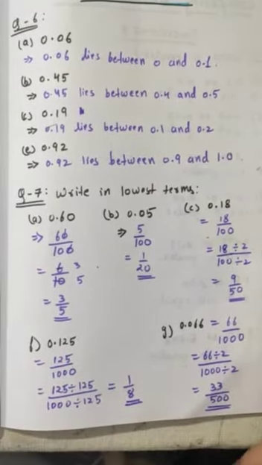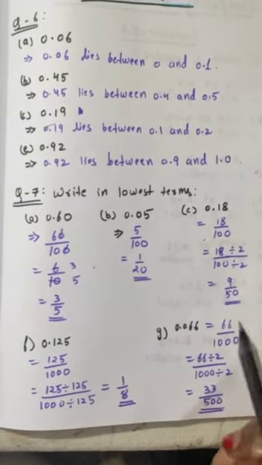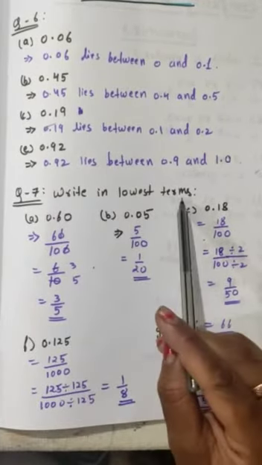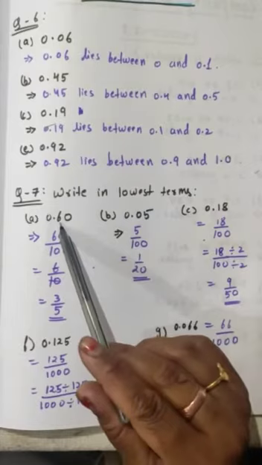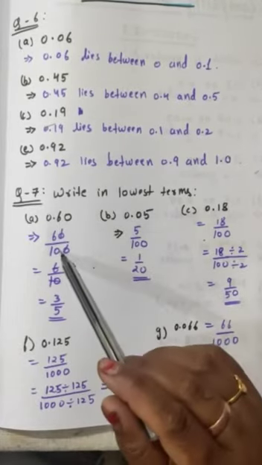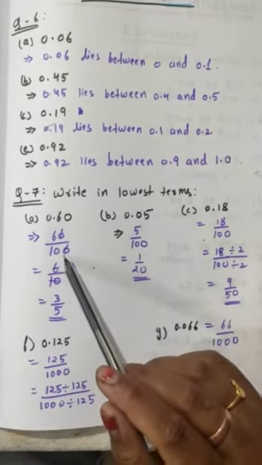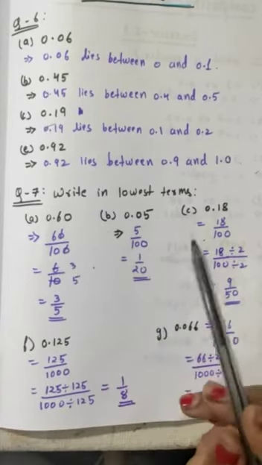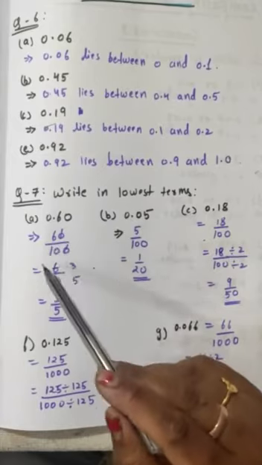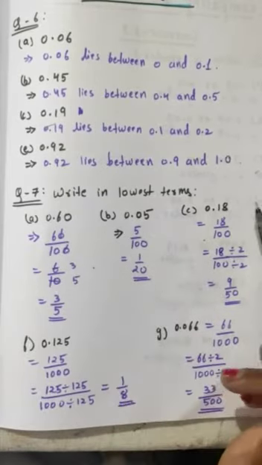Okay, so I hope all of you have understood. And now the last question of the exercise, which is very simple. You have to write in the lowest terms. और मैंने आपको पहले भी बताया है yesterday in live class that whenever decimal numbers are given, first you have to convert them in fraction and then reduce them to the lowest form. और reduce करने के लिए आपके पास दो method है. Either you can find out the HCF and cancel, or you can cancel one by one.